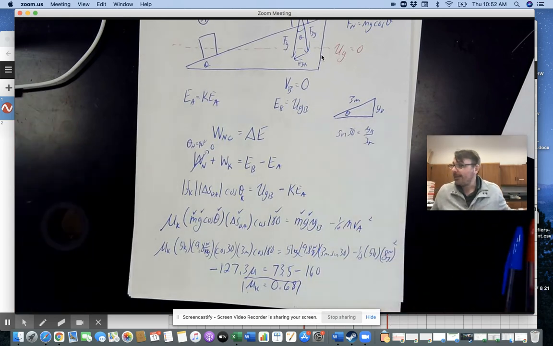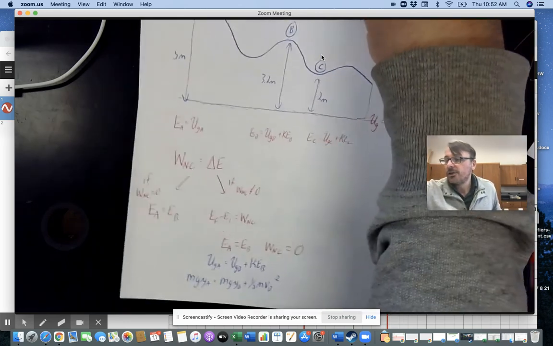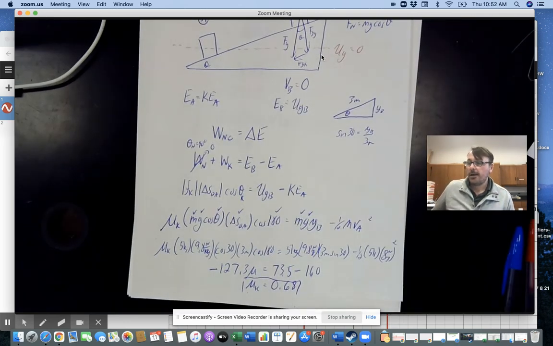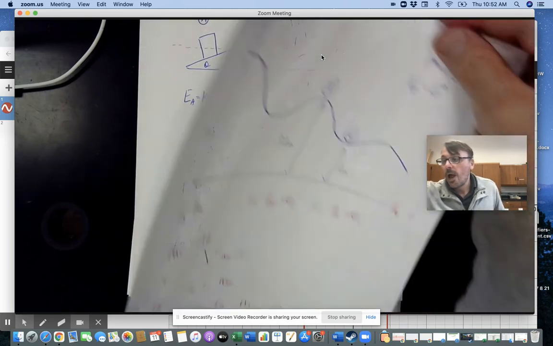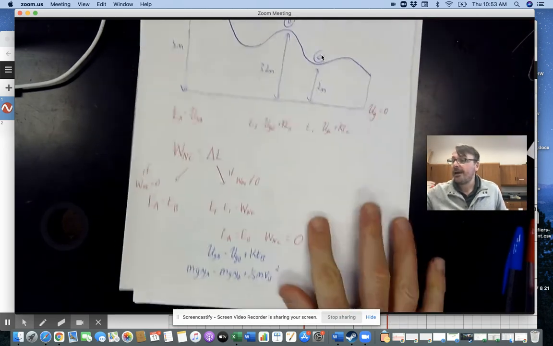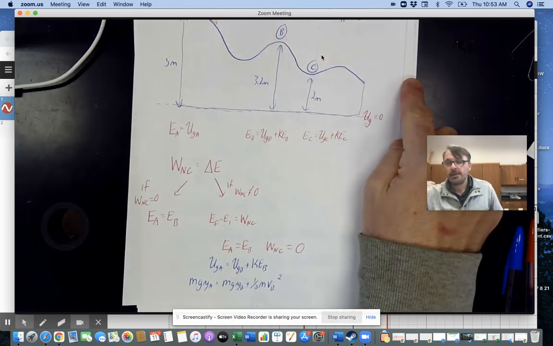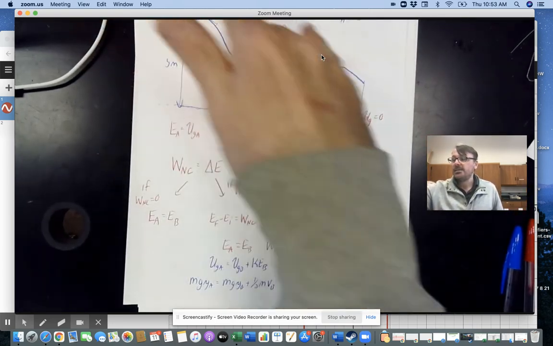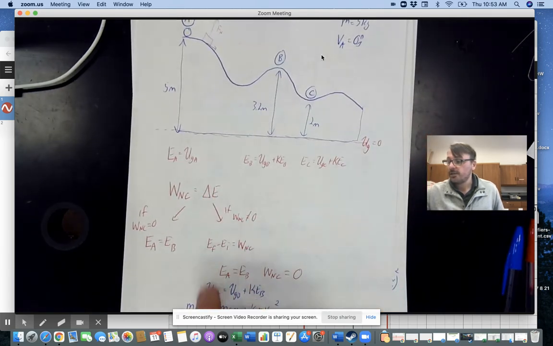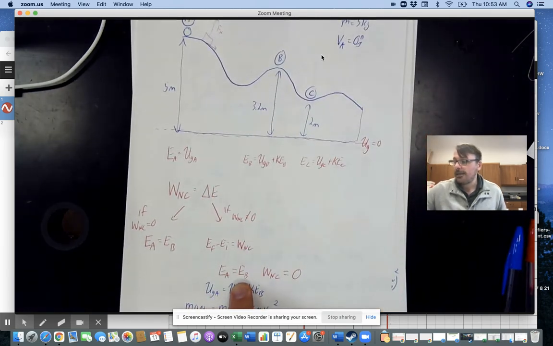So what is Chapter 8? Chapter 8 largely is going to be the calculus stuff surrounding potential energies we talked about, and we're going to continue to talk about. It is conservation of energy problems, where, as we saw here, energy is conserved in the problem, then energy is not conserved in the problem, and then sometimes a mix. What happens if I have no friction from here to here, but then there's friction here? I might have between A and C, energy is conserved such that EA is equal to EB or EC